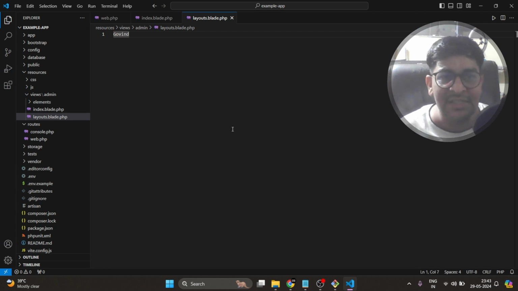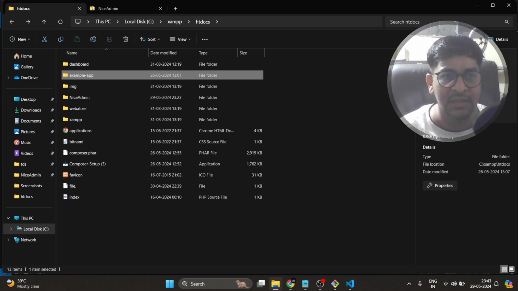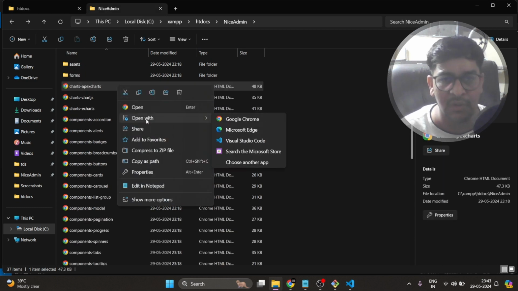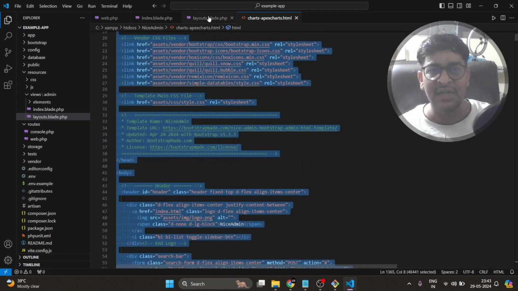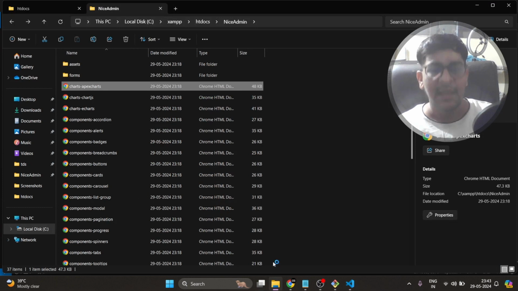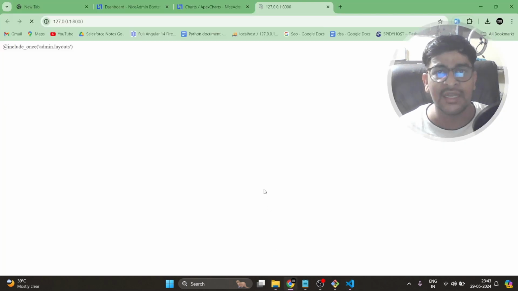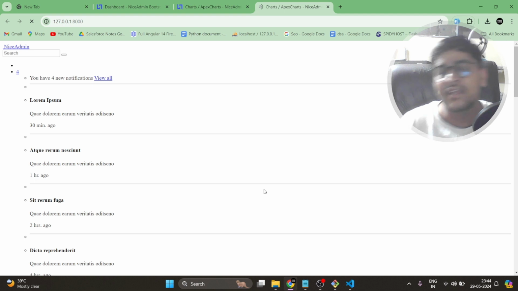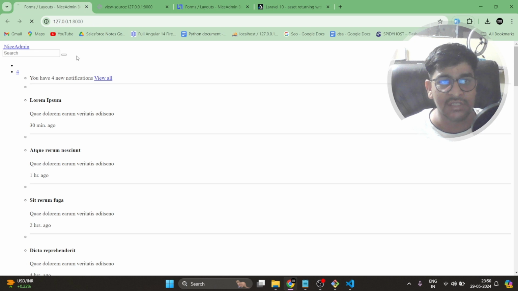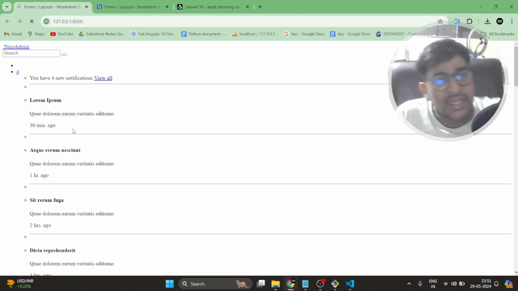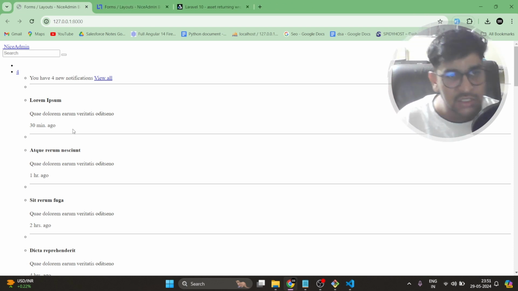Now in this layouts folder, what we will do is go inside this admin folder and open any file, and I will try to copy it inside here. If I simply copy it, you can see something will come here, but not everything will work fine. Why? Because we haven't included our HTML and CSS. You will see we are not able to see our JS, CSS and all because we haven't included them yet.